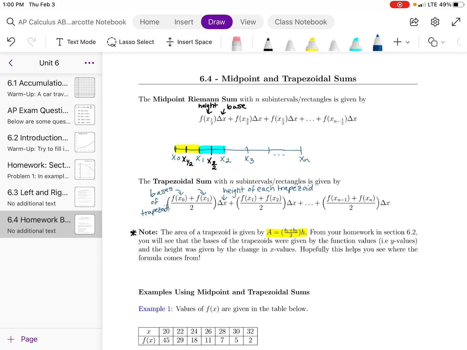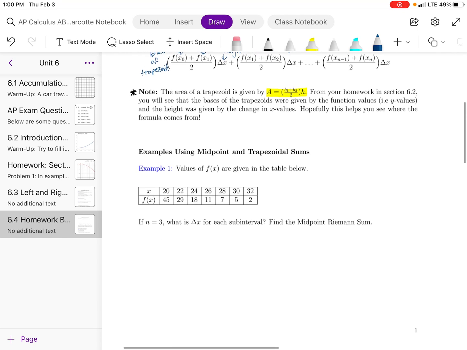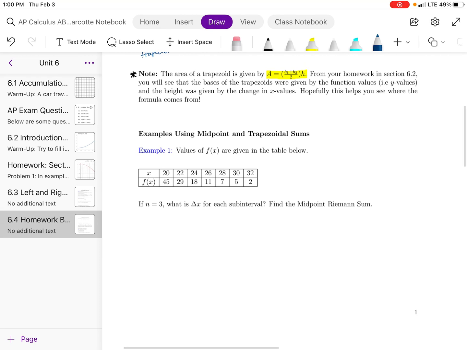All right, so now let's just do an actual example. So looking at this table, I'm saying if n is 3, what is delta x for each subinterval, and then find the midpoint Riemann